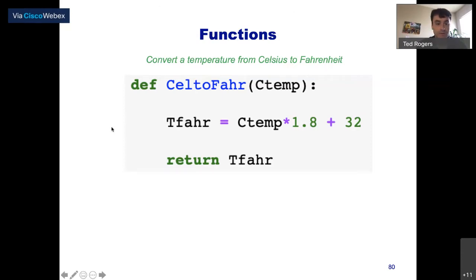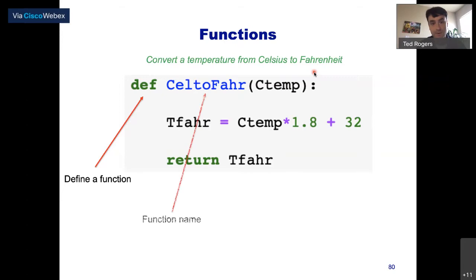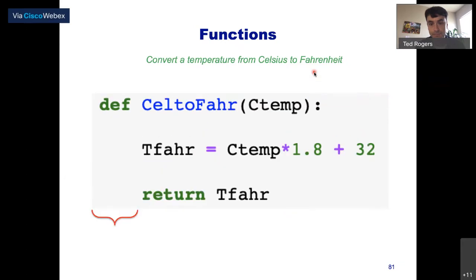So you have def, for definition, you have a function name, then you've got some arguments, and don't forget that when you do a function like this, you need a colon at the end. So we've got the def, something that says we're going to define a function, the function name, and the arguments of the function. In the body of the function, the way we separate sections of Python code is using indentations. So remember to push tab to indent in. And then you've got a set of instructions.